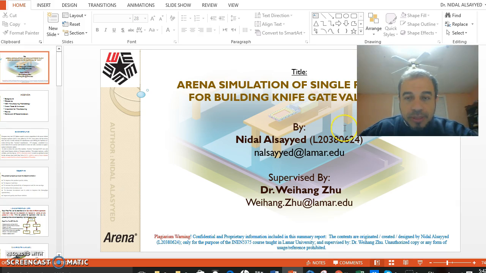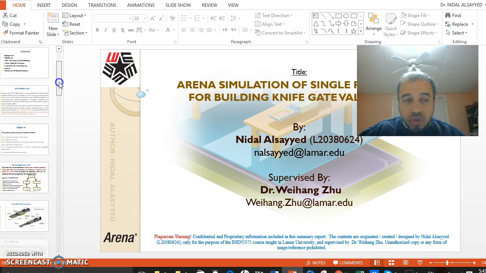My project is entitled Arena Simulation of Single Piece Flow for Building Knife Gate Valve, KGV. The two keywords for this project are Single Piece Flow, SPF, which is what we mostly refer to in this project, and the Knife Gate Valve, which is KGV. This project, in summary, took about